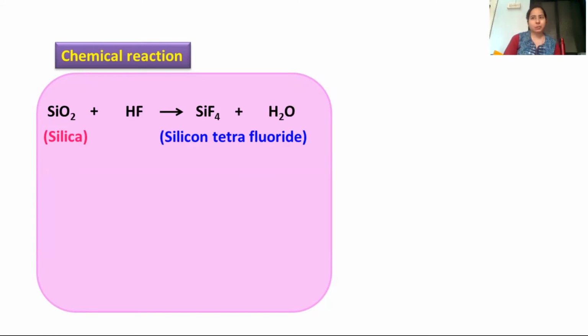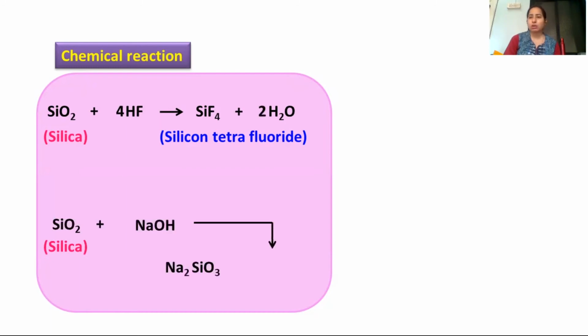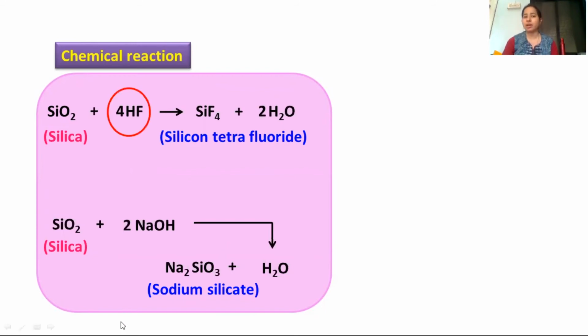Silica being acid will react easily with bases. So you can see we have silica reacting with NaOH to give you sodium silicate, and we have water over here. So you can see silica, we normally say it's acidic in nature, but because it slightly reacts with HF, we can even say it is amphoteric in nature because it is showing you reaction with both acid as well as base.